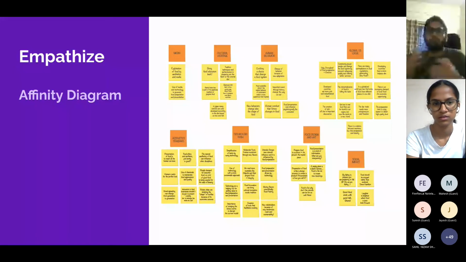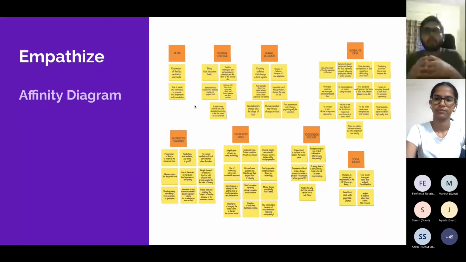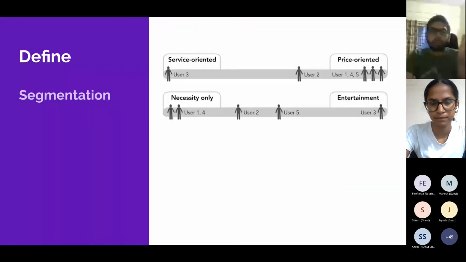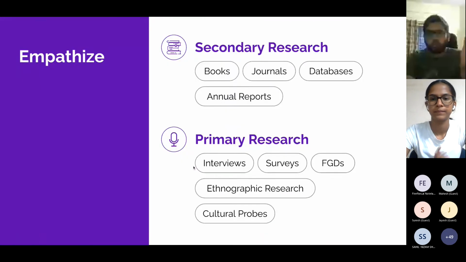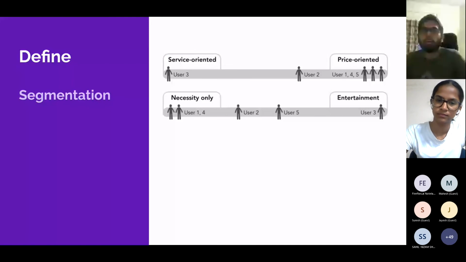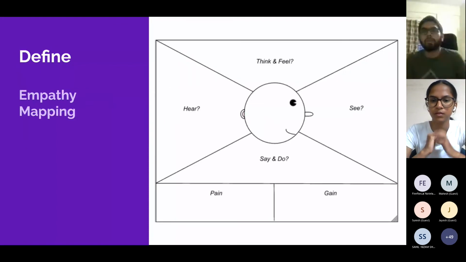Okay. Now through these themes, you will have a high-level idea of what exactly is the problem the user is facing. Once you are done with the primary research and secondary research, you will identify that there are multiple segments within those users. So you need to identify those segments. Maybe some users are price oriented, some users are service oriented. You need to create these types of segments, and then you need to create an empathy map for each